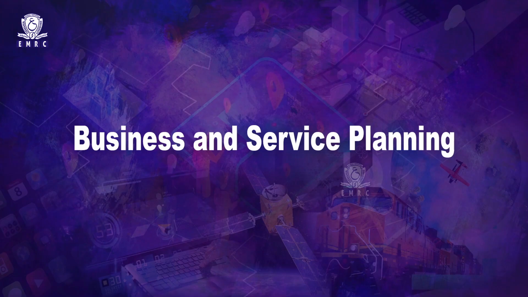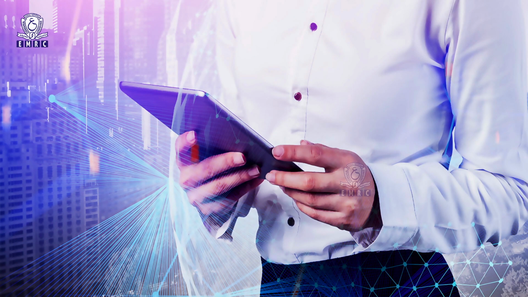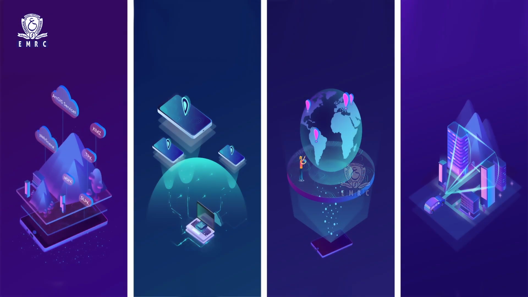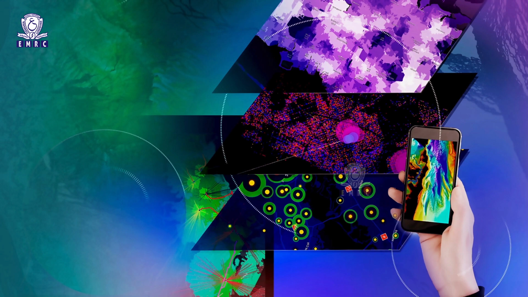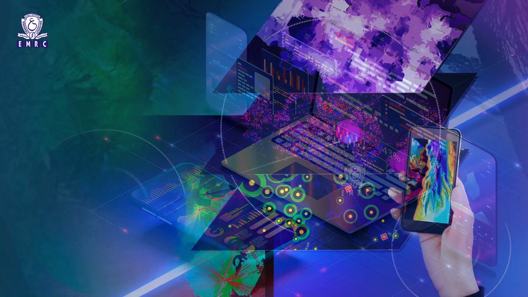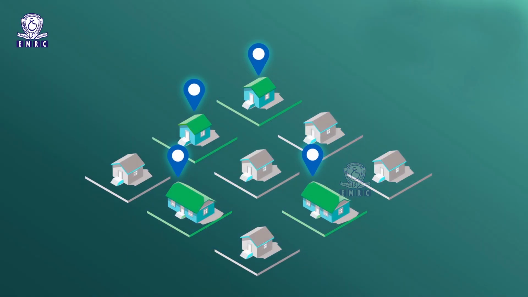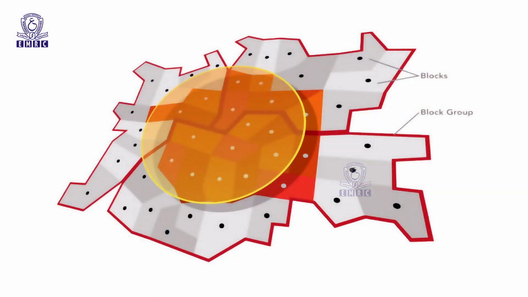Business and service planning. Business and service planning, sometimes called retailing application, focuses upon the use of geographic data to provide operational, tactical and strategic context to decisions that involve the fundamental question of where. Geodemographics is a shorthand term for composite indicators of consumer behavior that are available at small area levels, for example, census output area or postal zone. Geodemographic data are the basis for much market area analysis.